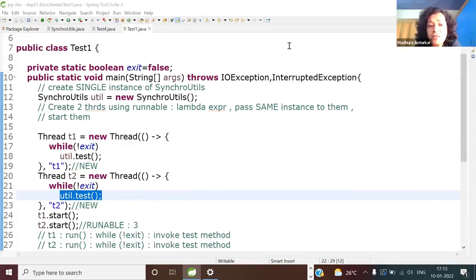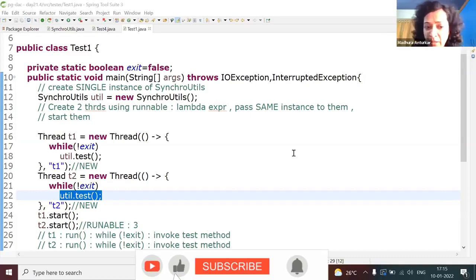Because they will block each other. Because the lock is applied at the class level, and any time a class is loaded, there is a corresponding immutable synchroutils.class, whose instance is created in the heap. You'll understand more of that in reflection. So the answer is right, you'll get a synchronized output. Now the next question.